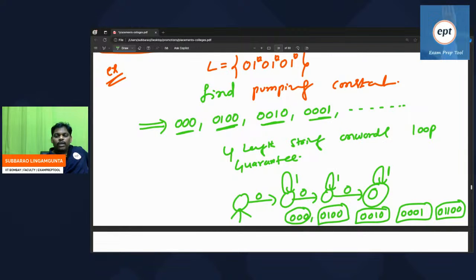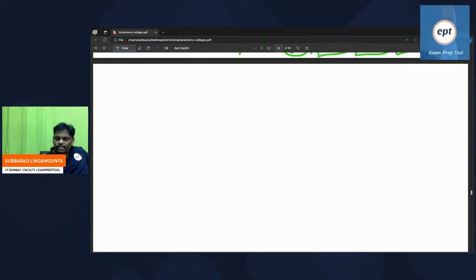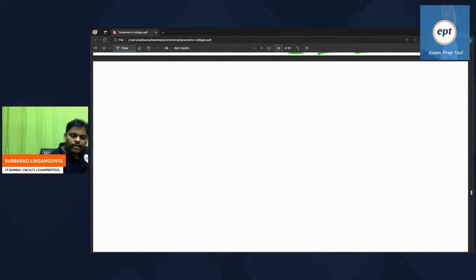From which place can you give guarantee loop? See, pumping means loop required. From which place onwards can you give loop guarantee? Now come here. One more interesting thing is going to come. Let's see how many people will give. L is equal to